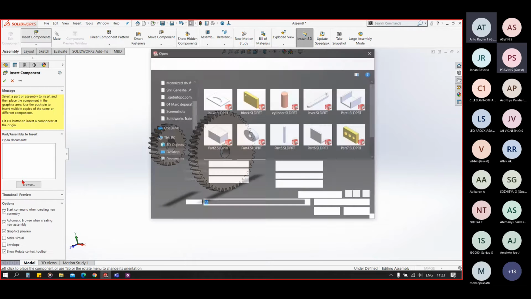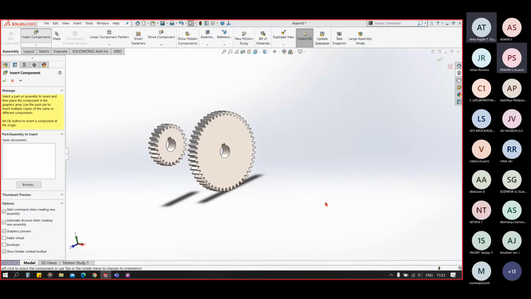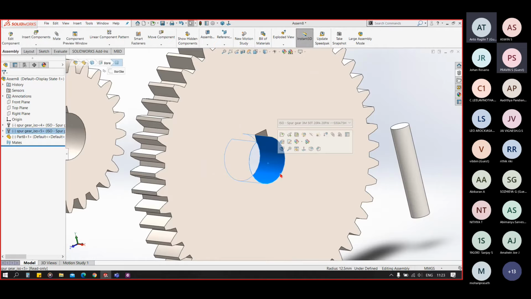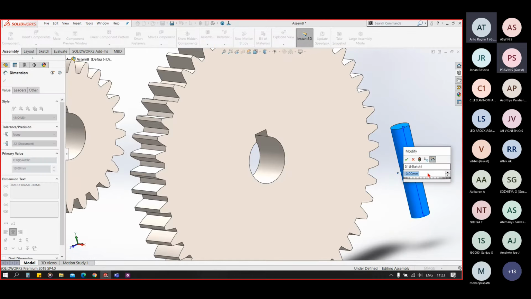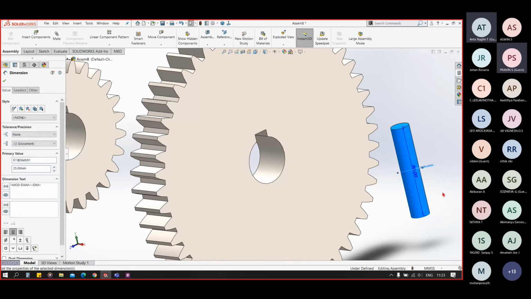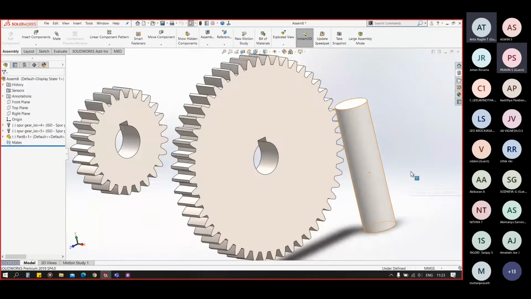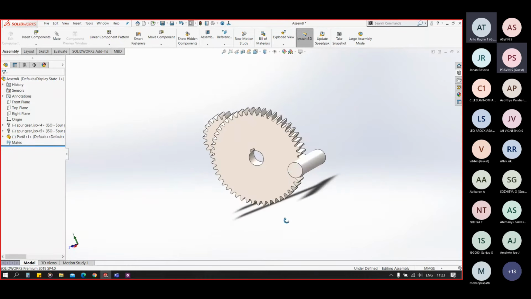And now I will add a shaft to it. Let me change its diameter to 25 mm and the width to 100. So you can see we now have our shaft.